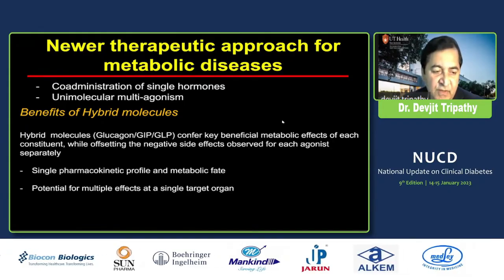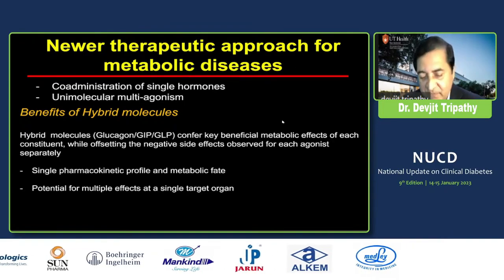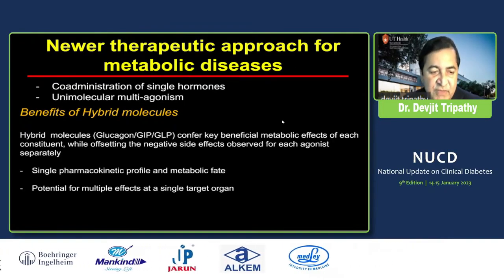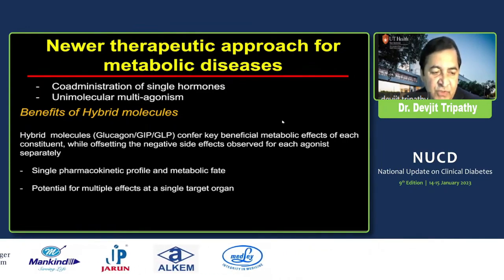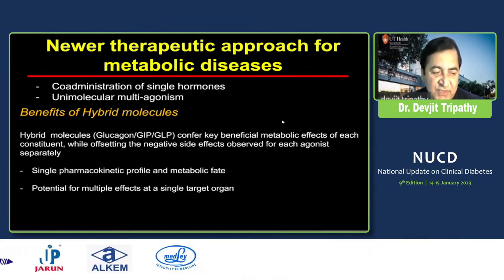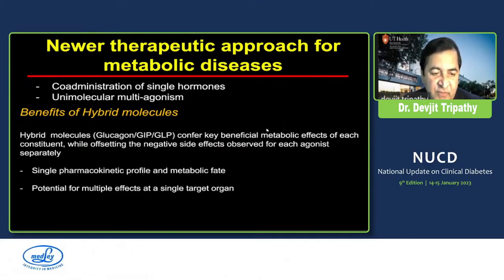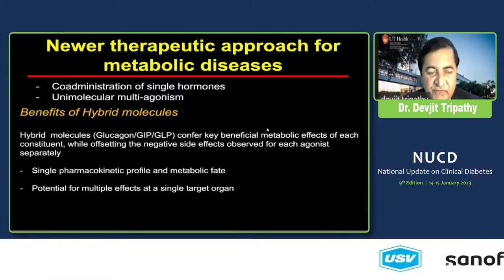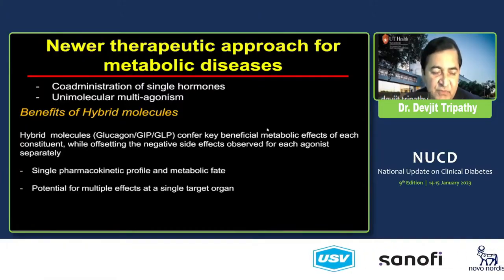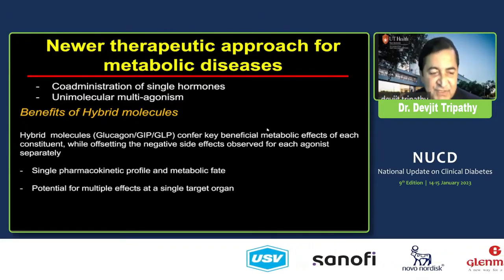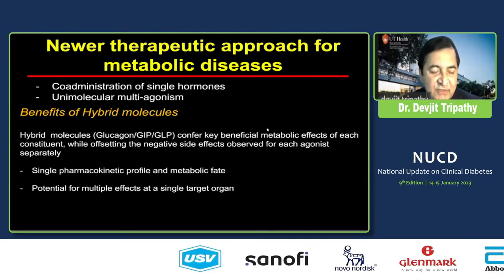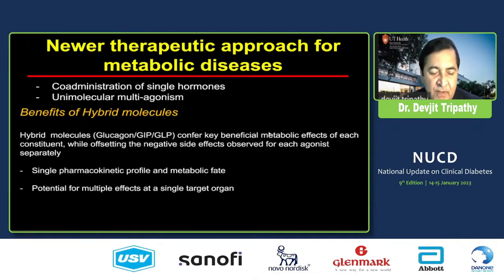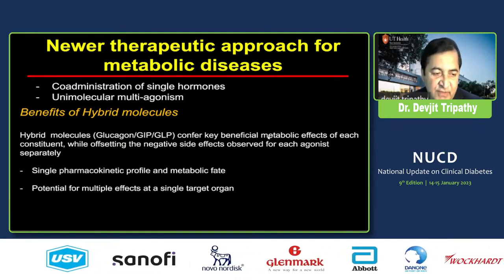There's another one, glucagon and GLP-1, which are combined because they're both derived from the same pre-pro-glucagon, and there are homologous amino acids between GIP, GLP, and glucagon. That's why it's easier to develop a molecule which acts on all three receptors. The benefit of hybrid molecules is that they confer the beneficial effects of each, like GLP and GIP, and they can counteract or offset the negative effects of GLP. For example, GLP causes increased nausea, while GIP causes less nausea. That's why you can increase the therapeutic window for GLP-1, so you can give a higher dose without side effects.